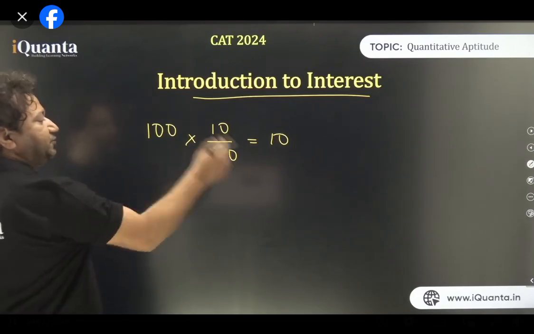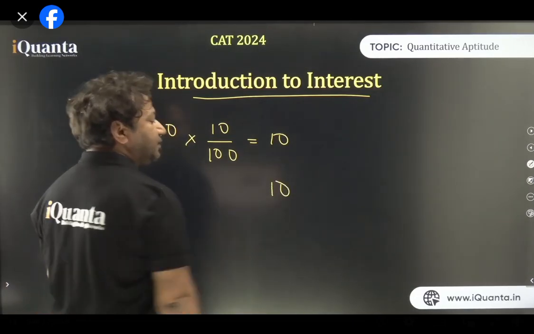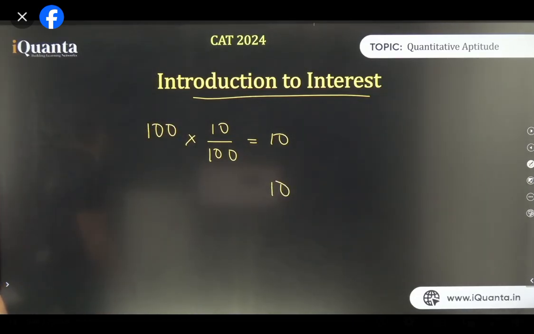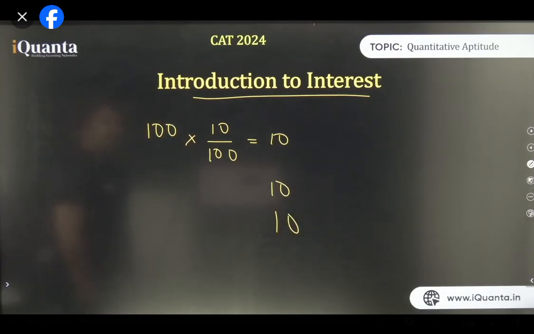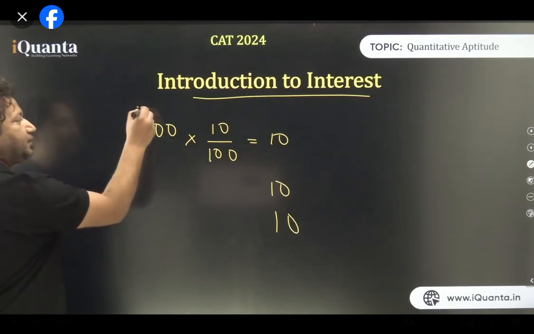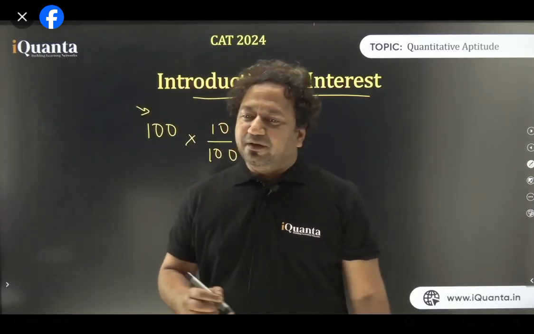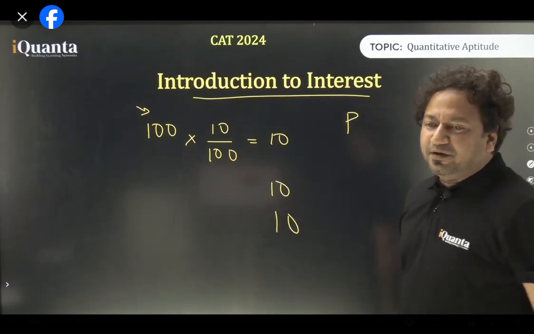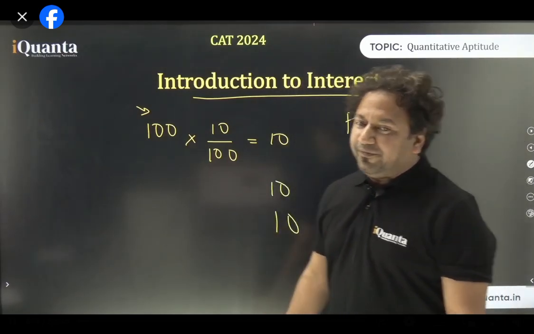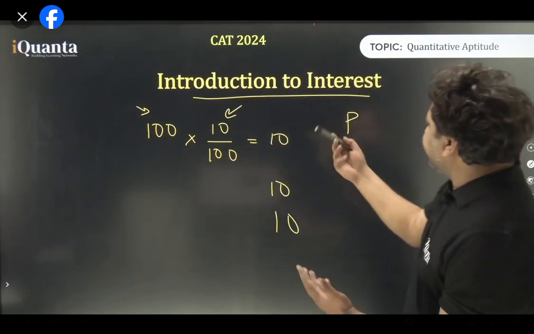Anyways, so that's the first year. Second year, 10 more rupees. Then, third year, 10 more, and so on. All right. So what is happening exactly? If I denote this money, the initial money, let us call it P. Let us generalize it. Principal. And then, this let it be rate of interest.